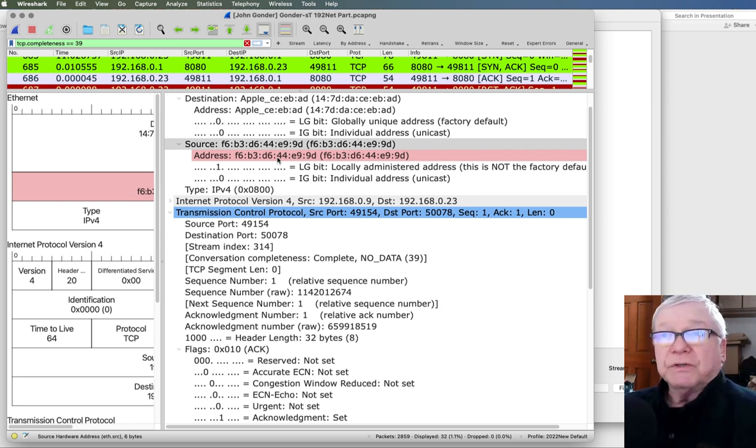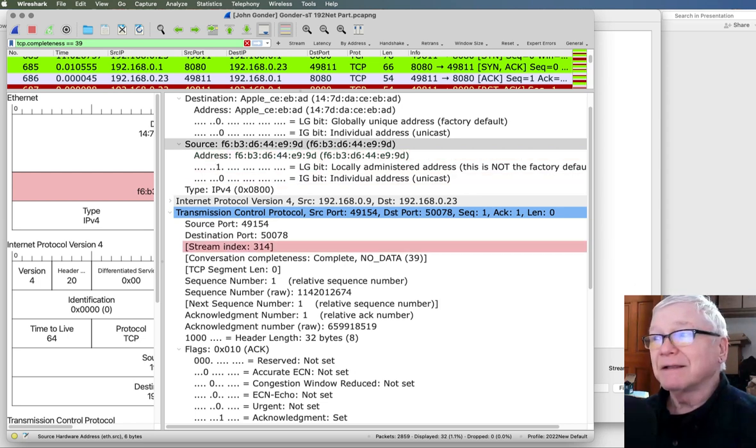I'm not sure what this is either. I thought Wireshark actually knew the OUIDs, recognized the MAC addresses of all the devices I have, my Roku, maybe it's my washing machine. Who knows? We'll have to go and look at that. That's another thing.